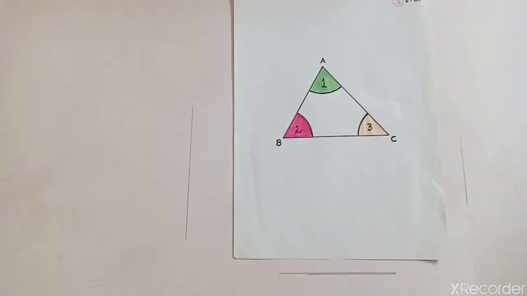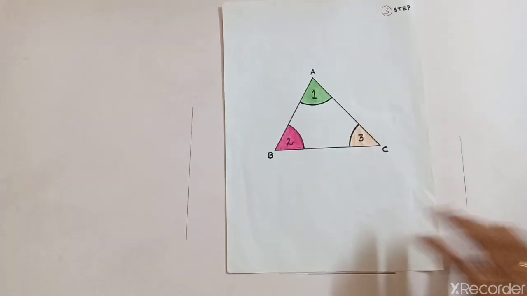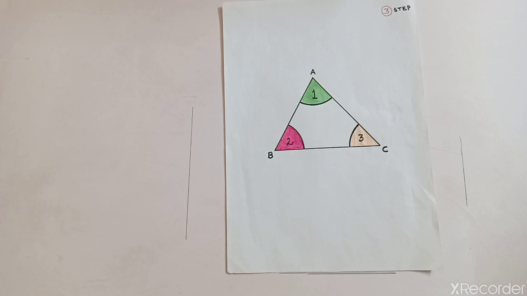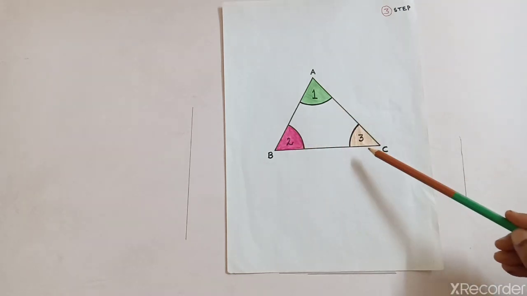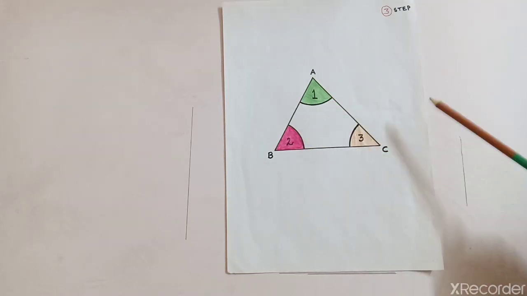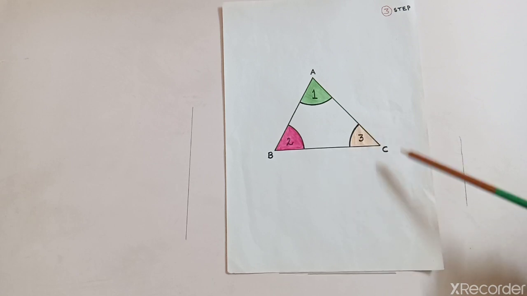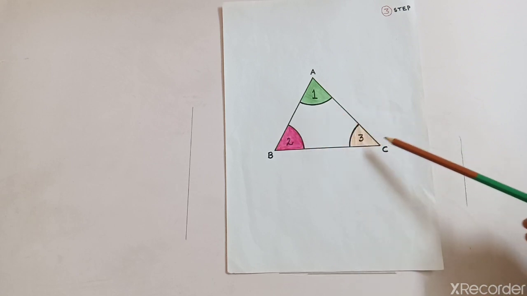Now in this figure you can see again the same triangle is drawn of the same dimension, ABC. If you are using plain paper you can color the angles, and if you are using colored paper, no need to color it, but you have to mark the angles as 1, 2 and 3 as it is marked here. You will also mark your triangle like this. So these are the angles of the triangle.